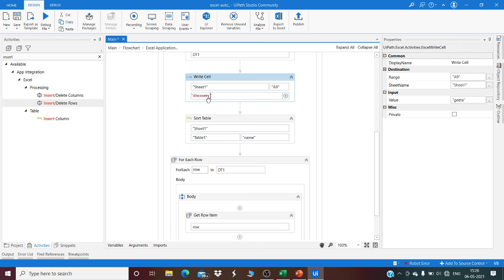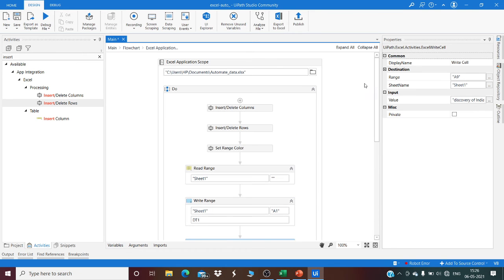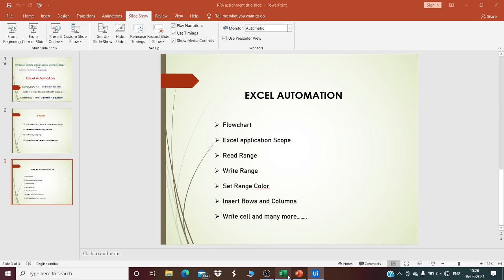Discovery of India. This is the most famous book, and save this file. Once it gets saved, you can run it, see whether it gets updated or not.